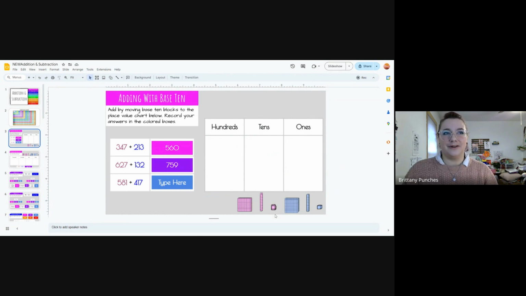We'll start with the reverse order for my friends that prefer that. 581. 1 in the ones place. 8 in the tens place. 1, 2, 3, 4, 5, 6, 7, 8. And